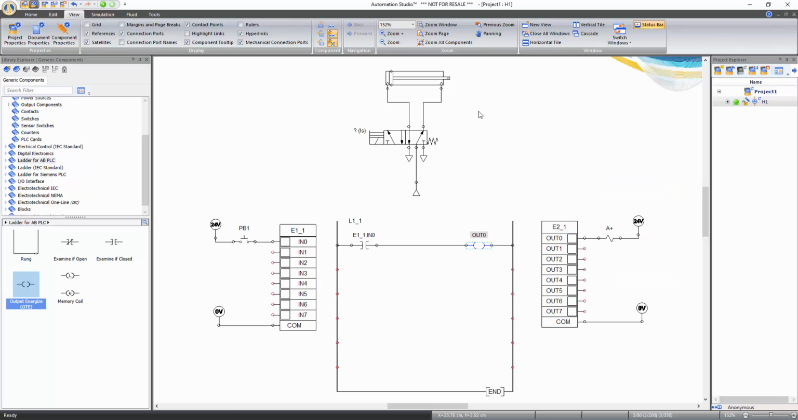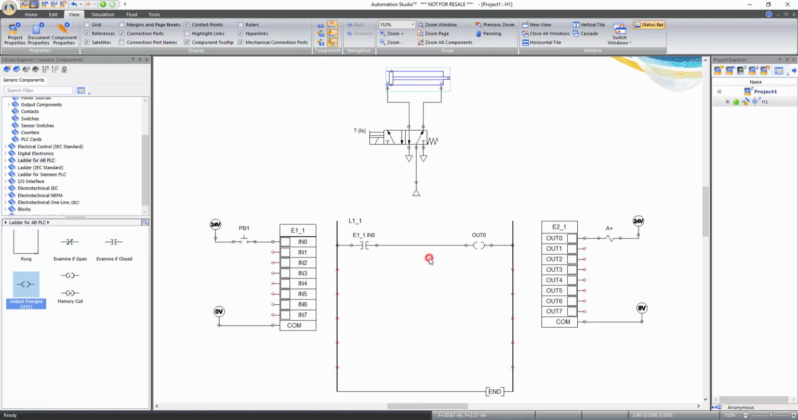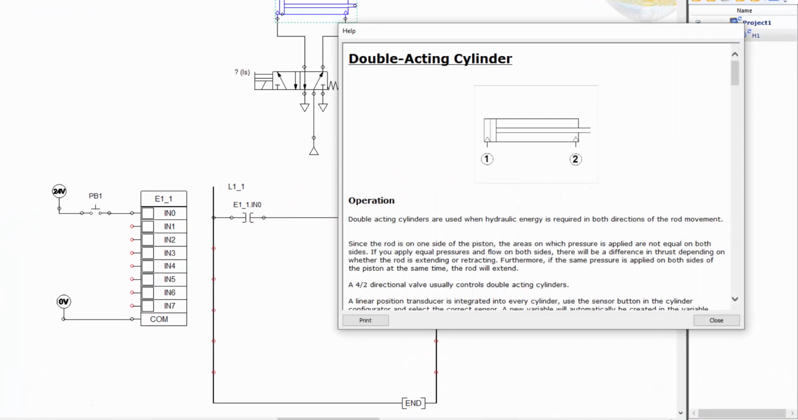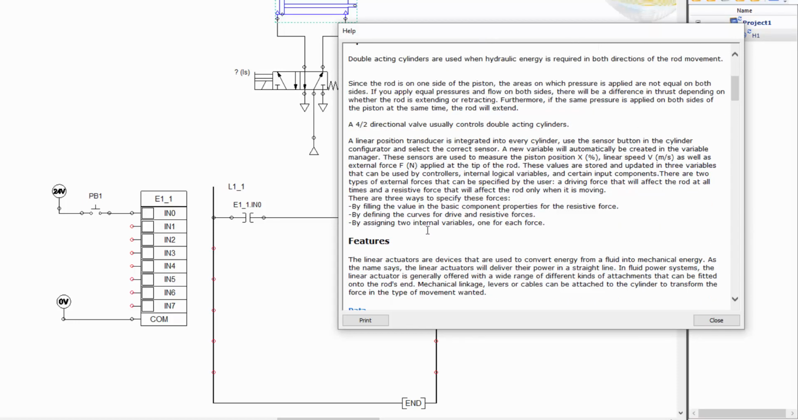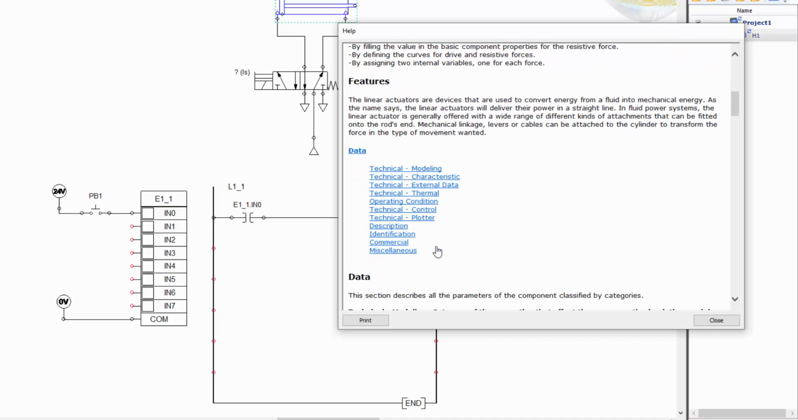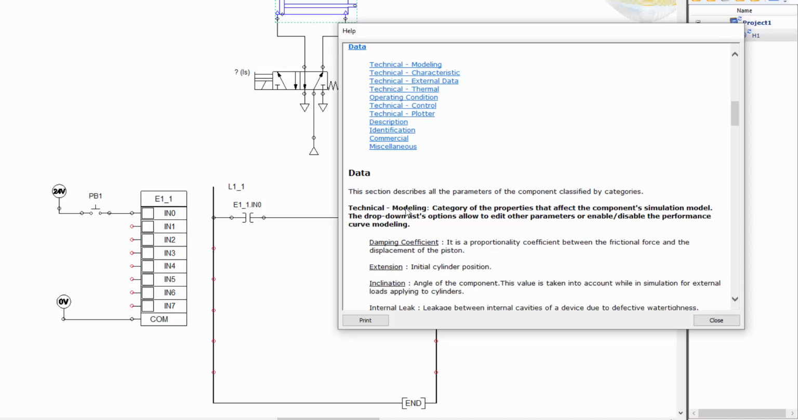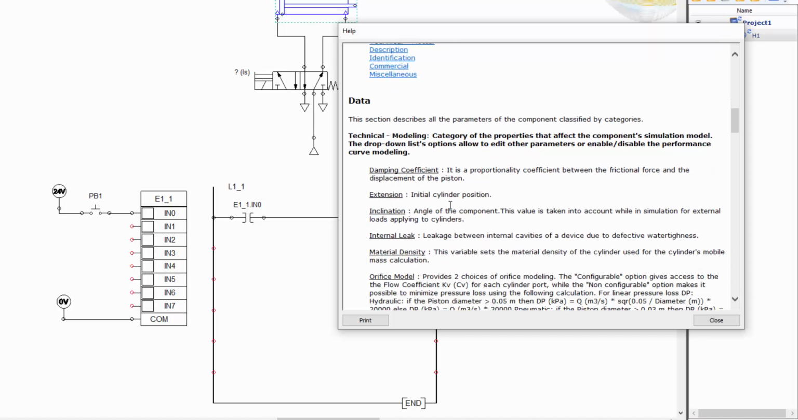All components in Automation Studio also have a help file describing their functionality. Right-click on the component and select Context Help. In this window, you can get information about the operation of the component and its features. This window also provides a description of each property of the component available in the Data tab of its Component Properties window, such as properties related to its modeling,